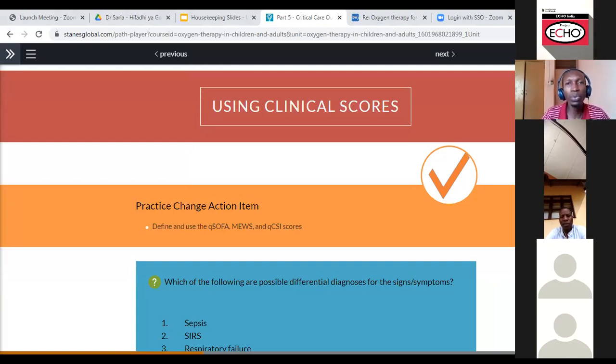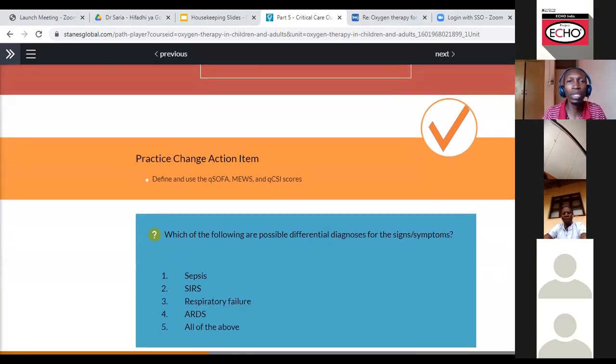And we'll continue with the second part, which will be talking a little bit on using clinical scores. In summary, from where we came from, we already know what critical care is. We know the locations where critical care can be provided. And we have been taken through the difference between critical care and ICU already. And on top of that, we have been given the different target values for different conditions when it comes to